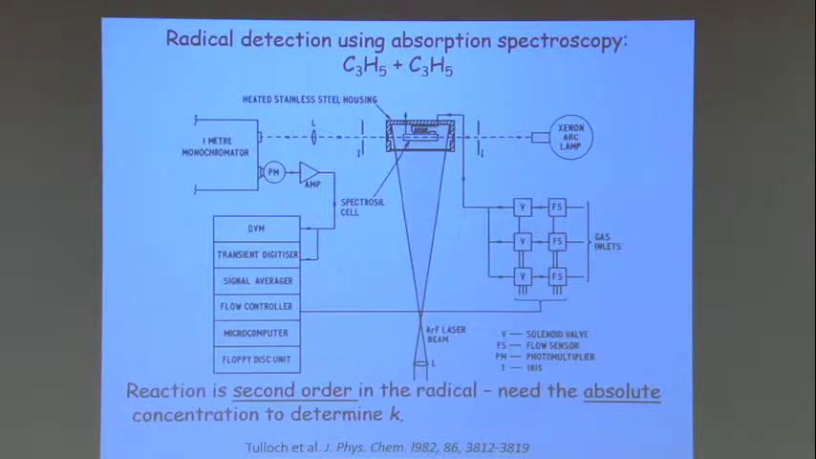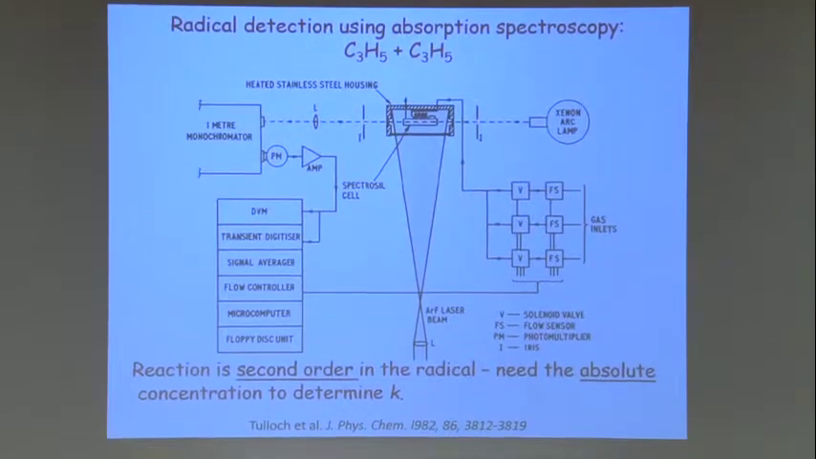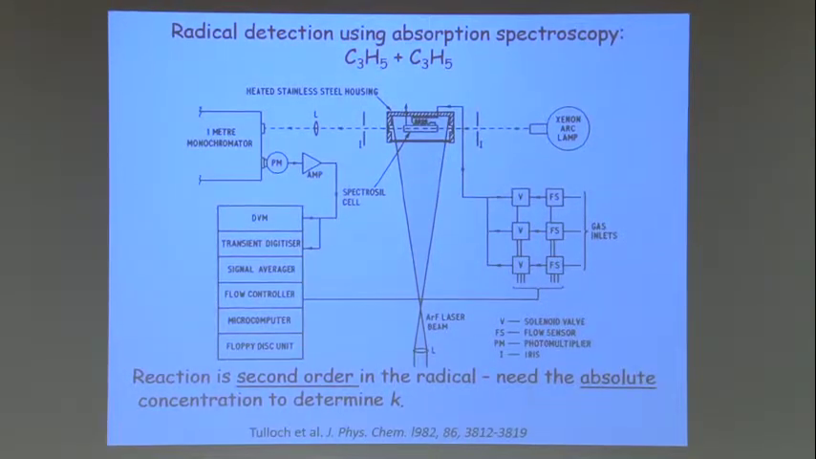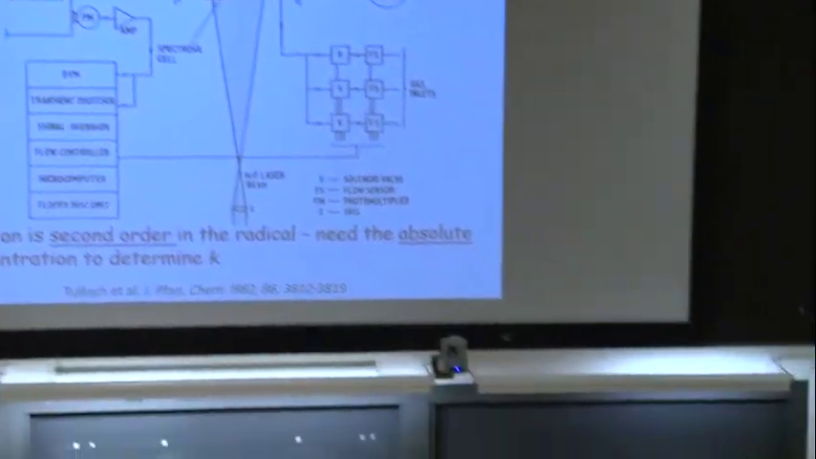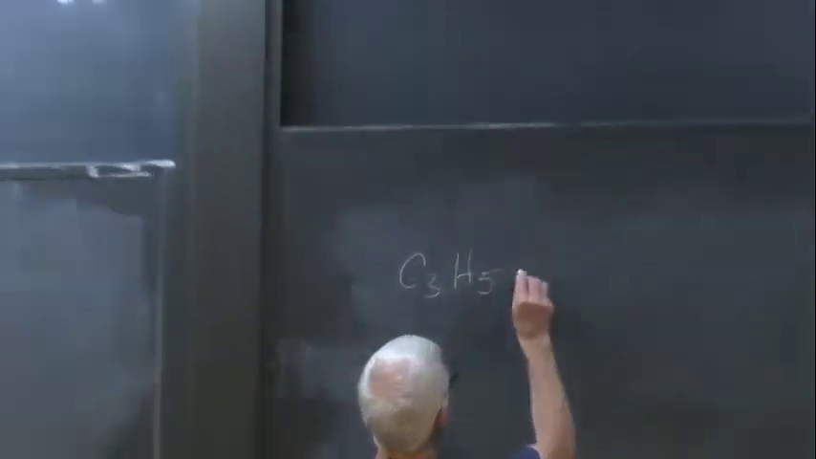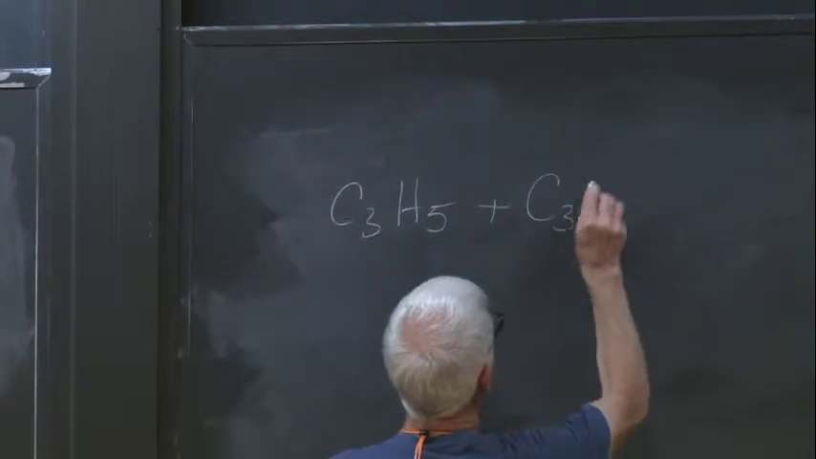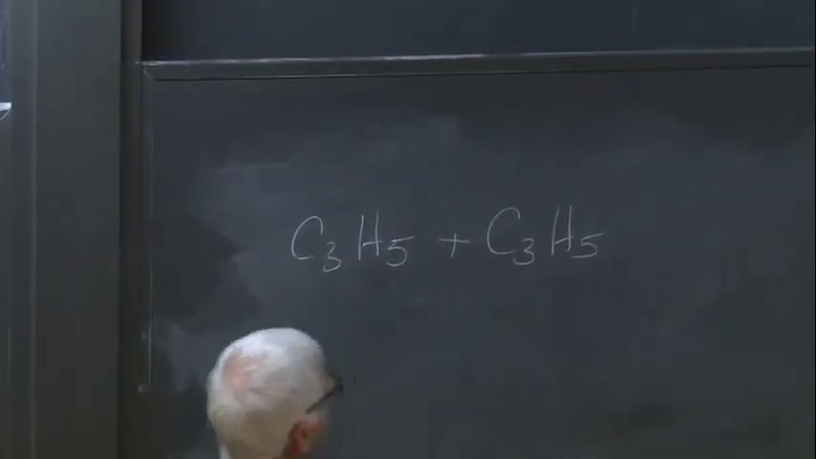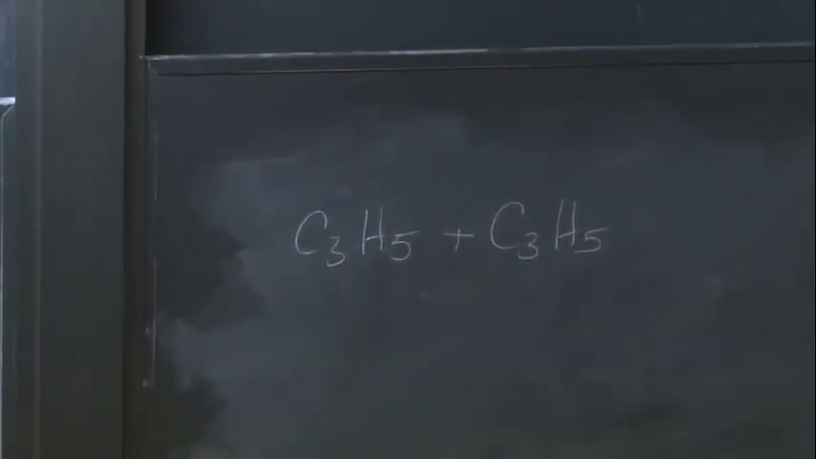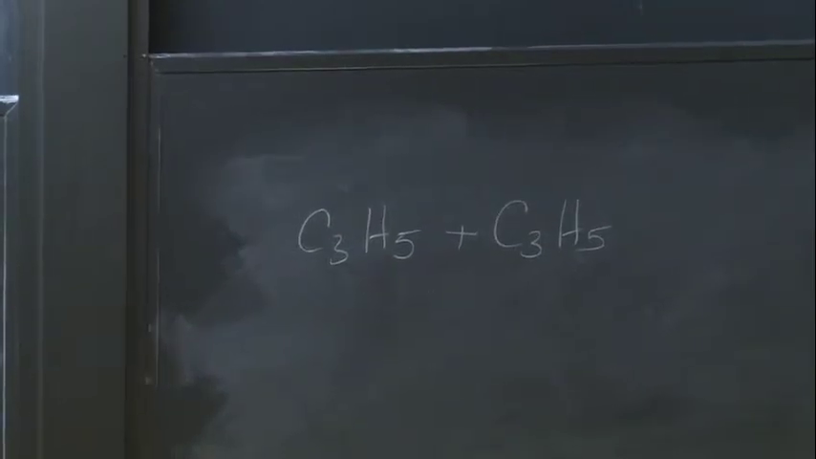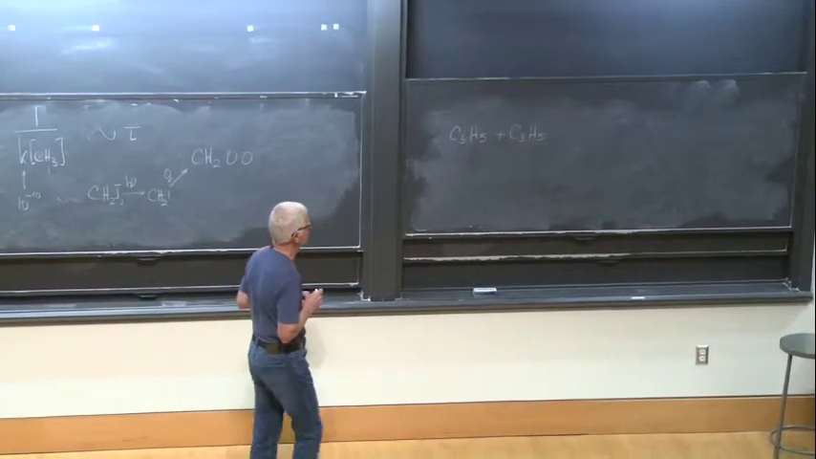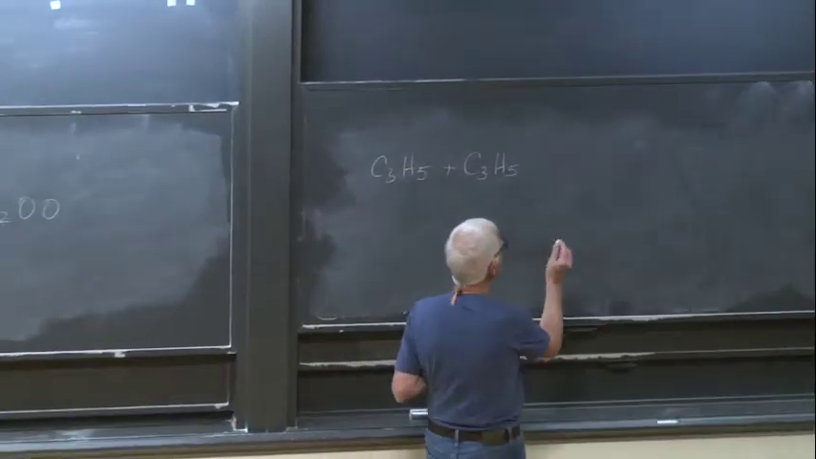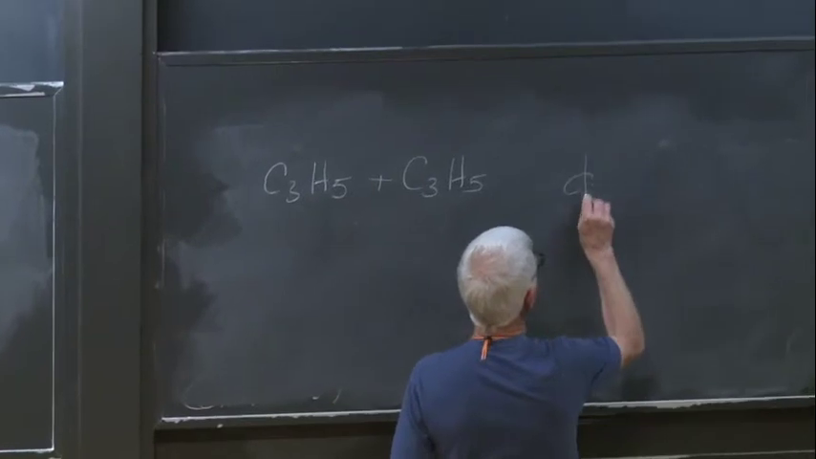So this is looking at a reaction between allyl radicals. So we've got C3H5 reacting with C3H5. And allyl is a key intermediate in many flame systems, many combustion systems. Now, there is a complication here, because if we look at this,